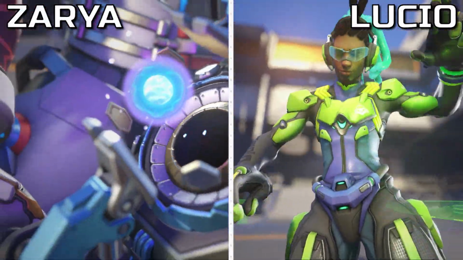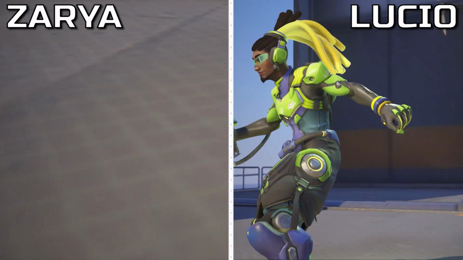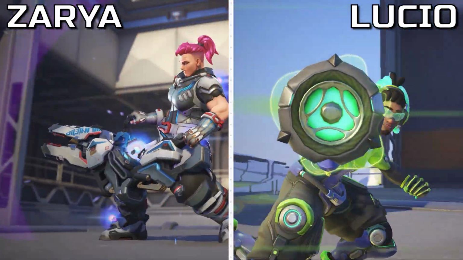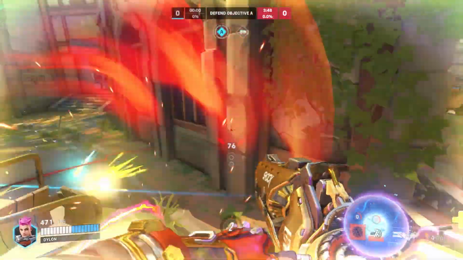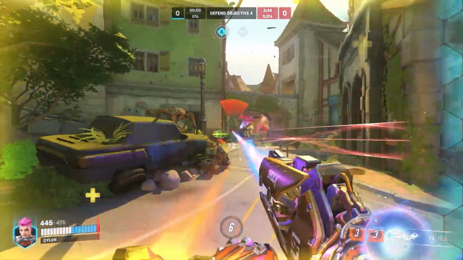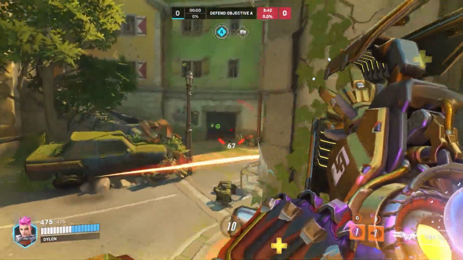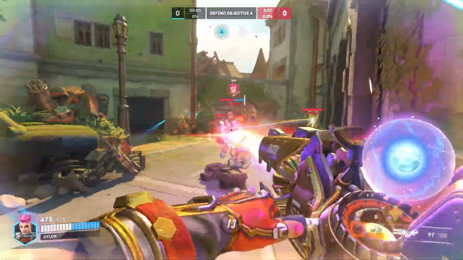Our next duo on the list is probably my favorite of them all. It might seem simple, but Lucio and Zarya have some insanely great synergies. With Zarya being extremely dominant in ranked right now, we have to look at her weaknesses. When looking at her kit, she has no movement abilities, obviously, and this is where Lucio comes in. Having a great Lucio player that plays around Zarya can allow this powerhouse of a tank to really just run